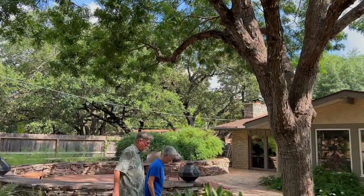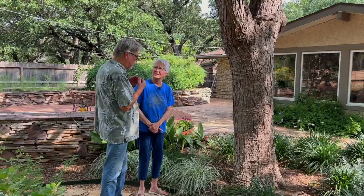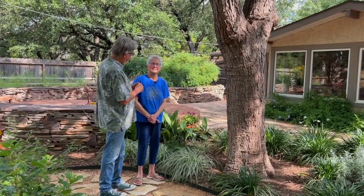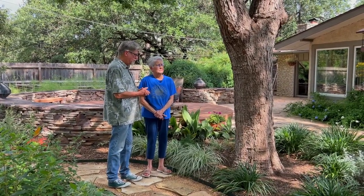Well, Nora, I almost made a big mistake. These are Chinese pistache. That's right. And you told me, I find them a really good tree in most of Texas, very drought tolerant, beautiful red color, but there was some opposition to you. There was opposition, and there were a number of arborists, I guess, and maybe we should say just radio personalities, and we'll leave it at that. They didn't think this was a great tree. Who really were not pleased with Chinese pistache trees,